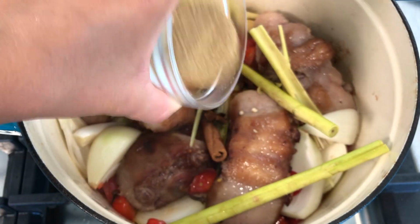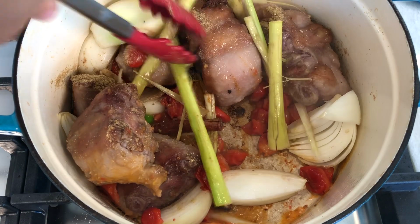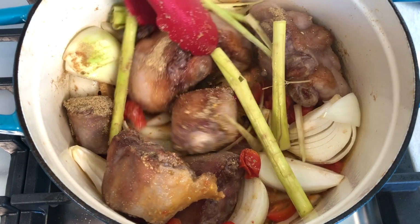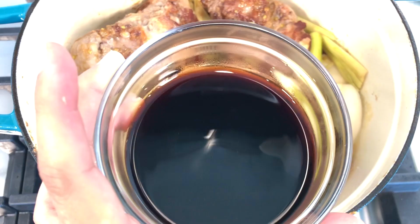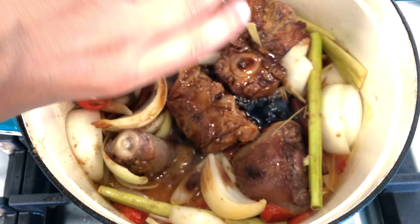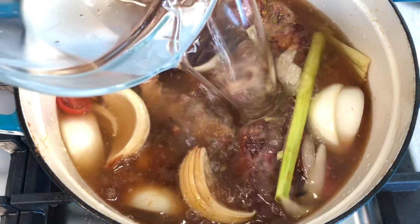In a perfect world, I would have whole cardamom, but it's not perfect, so I'm just going to be making do with some ground stuff that I've got in my pantry. Then give it a good mix to allow the spices to bloom, and then top it all off with about 2 tablespoons of fish sauce and 1/3 cup of soy sauce, and then 6 cups of